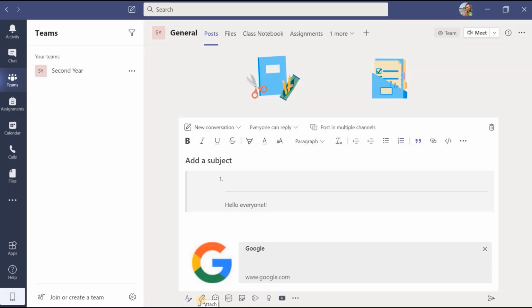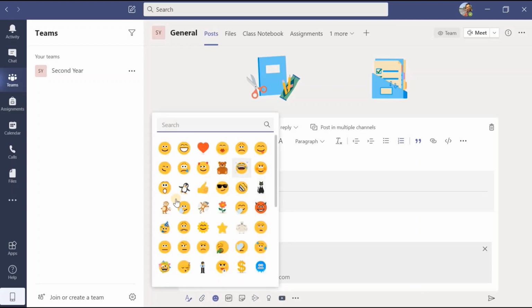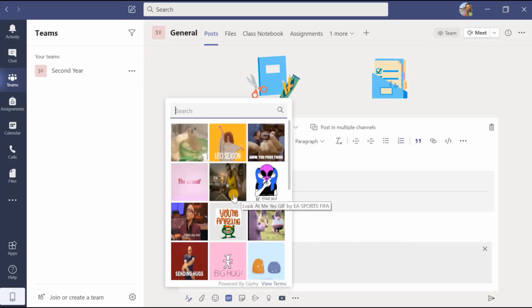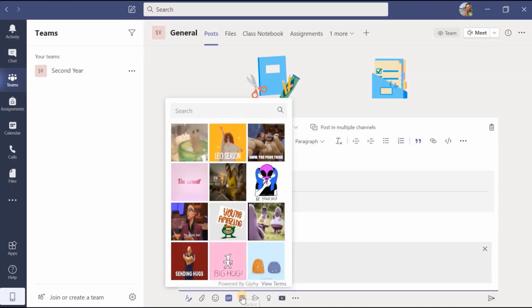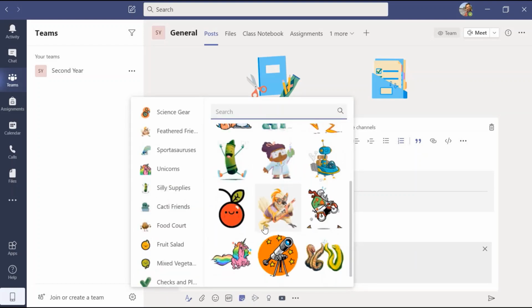Beside that, if I want to attach a file, I can attach the file. If I want to send some emojis, I can select out of these emojis. If I want to send gifs, I can select any suitable gif and send it in order to encourage the students. If I want to send any of these stickers, I can select the suitable sticker and send it to students.